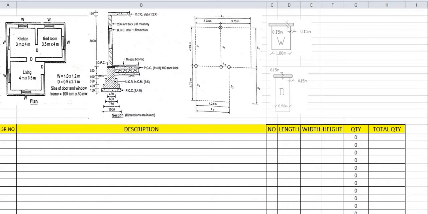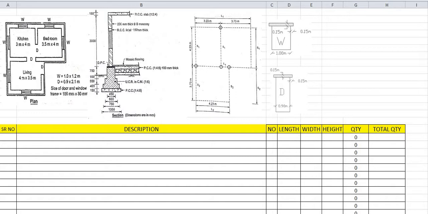Also most important, in last lectures we have seen the quantity of DPC, in which the deductions are very important. So we have seen how, in the quantity for DPC, the door and window deductions are to be carried out. Here there are three doors. So we have to deduct the three doors, their length along with the width. Okay. So we have deducted in case of DPC. DPC we have already calculated in last lectures. If anyone has a problem related to how to calculate the DPC or how the deductions are to be carried out in case of DPC, they can ask.